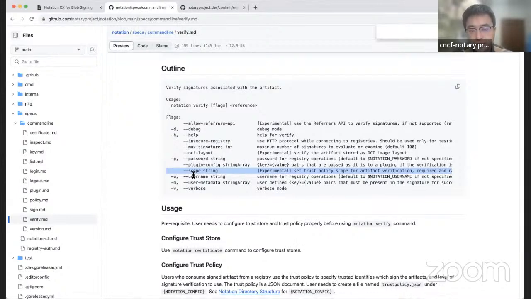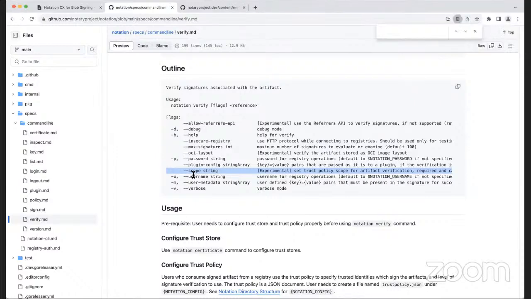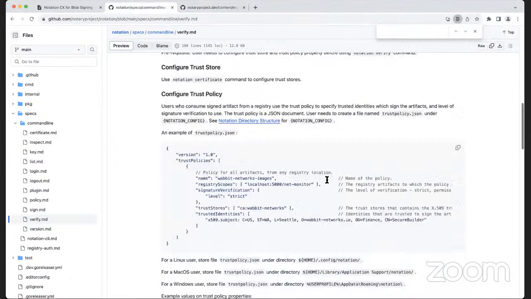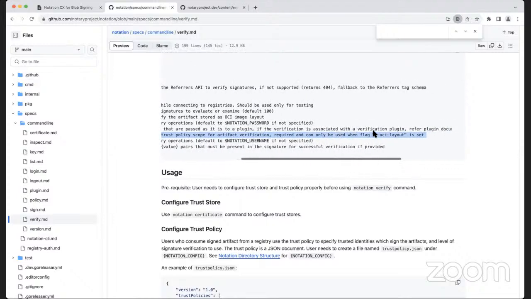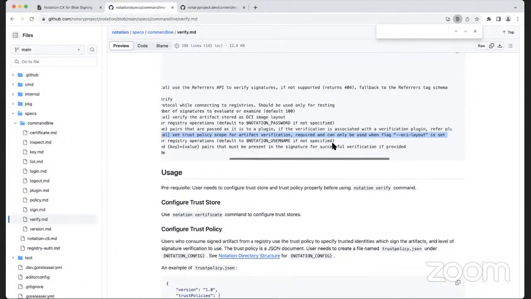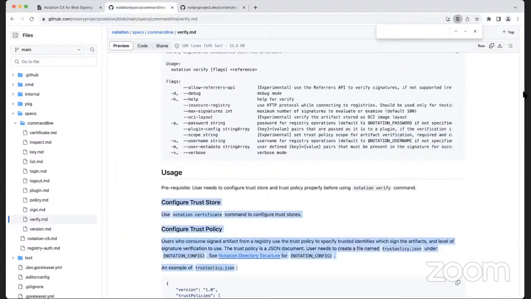So we may need to consider aligning the behavior, right? Not exactly, because the OCI layout is experimental. It can be changed later if it's not compatible with the mainstream. But I think for Millie's proposal, the OCI layout is not impacted.